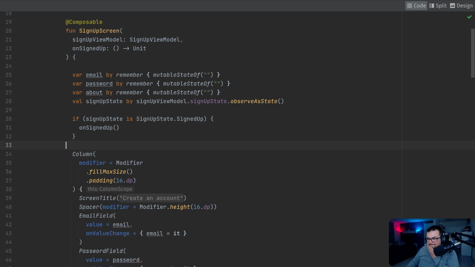So the thing is that how we are showing all these things is like we have a column where we show the username, the email, the password, and the about. And I want this error to appear on top, like what we had as a frame layout in the XML. I want to do something like that here in Compose. So they are like the layer below, and this should be a layer above instead of showing it somewhere randomly. So in order to do that,